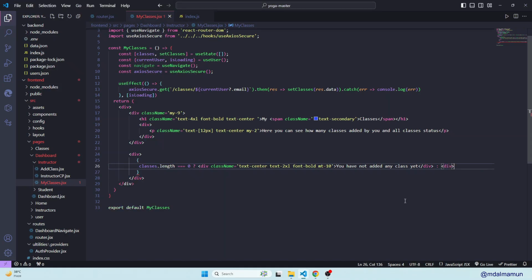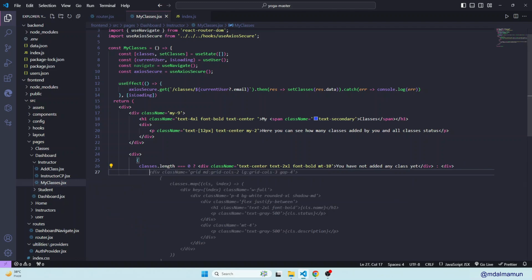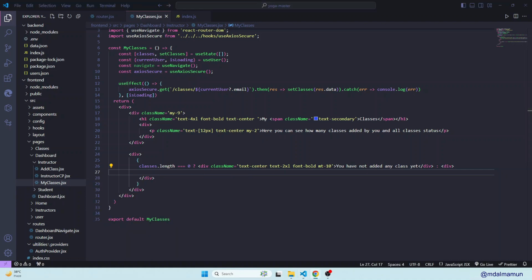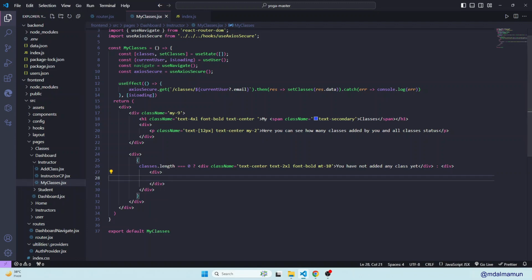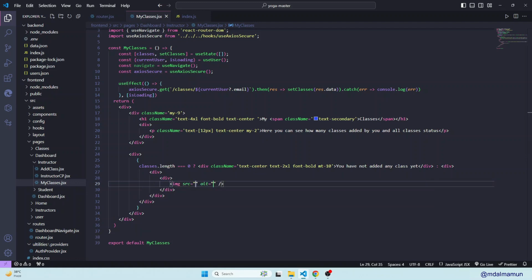Let me take a new div. So here in this div, actually, we will have another div, and then what we can do, at first let me take another div and let me show an image, and here the image src will be